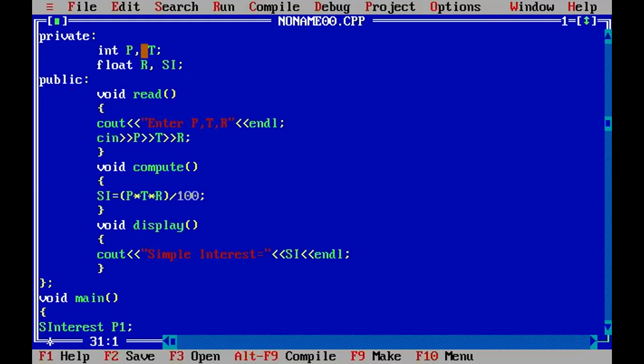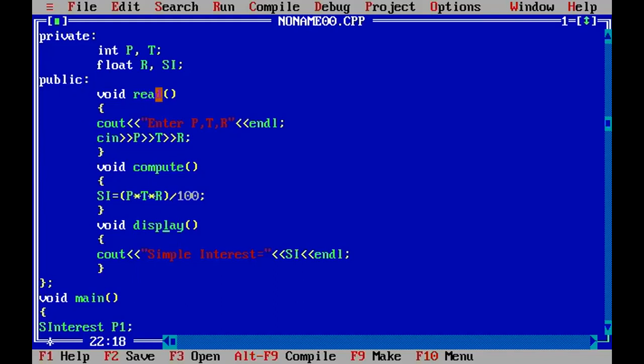So if I would like to access P, T, R, it is only possible through the read, compute, and display functions, because data members written under the private access specifier can be accessed only within the class and not outside it. So the person P1 cannot directly access the data members P, T, R and SI, but will be able to access the member functions, that is read, compute and display.